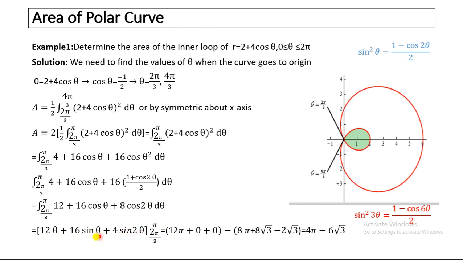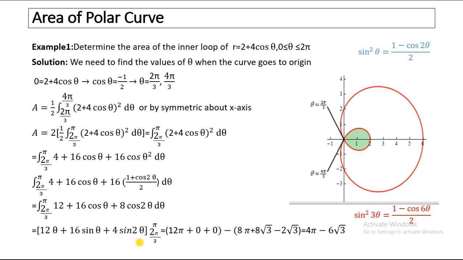sin pi is 0, sin 2 pi is 0, so I will have 12 pi plus 0 plus 0 minus... Substitute theta equal 2 pi over 3. I will have 12 multiplied by 2 pi over 3, which is 8 pi. sin 2 pi over 3 is square root of 3 over 2, multiplied by 16, I will have 8